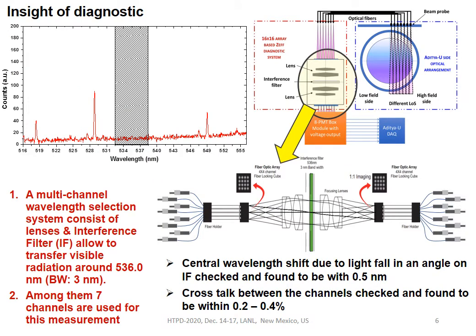Regarding the diagnostic, we have chosen 536 nanometer as the filter, because while recording the spectra we could confirm that around the central wavelength 536 nanometer we have a band of 3 nanometer where no line appears. So it is a line-free region, and we can record the Bremsstrahlung in this range. For this purpose we have taken a filter whose transmission peaks at 536 nanometer and whose delta lambda is 3 nanometer.